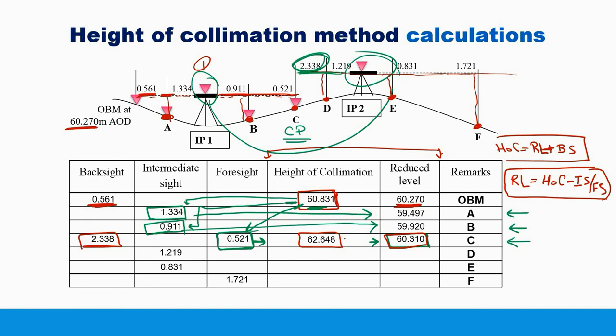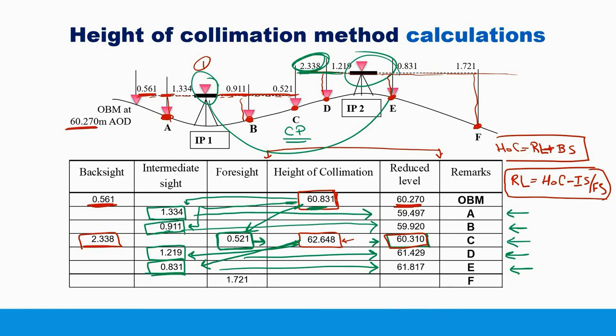So this is the height of collimation, minus the intermediate sight, which is for point D. This is the intermediate sight for point D. So 62.648 minus 1.219 will give us the reduced level over D, which is 61.429. The reduced level over E, which is the height of collimation, this one, minus the intermediate sight over E, 0.831. This will give us the reduced level over E, which is